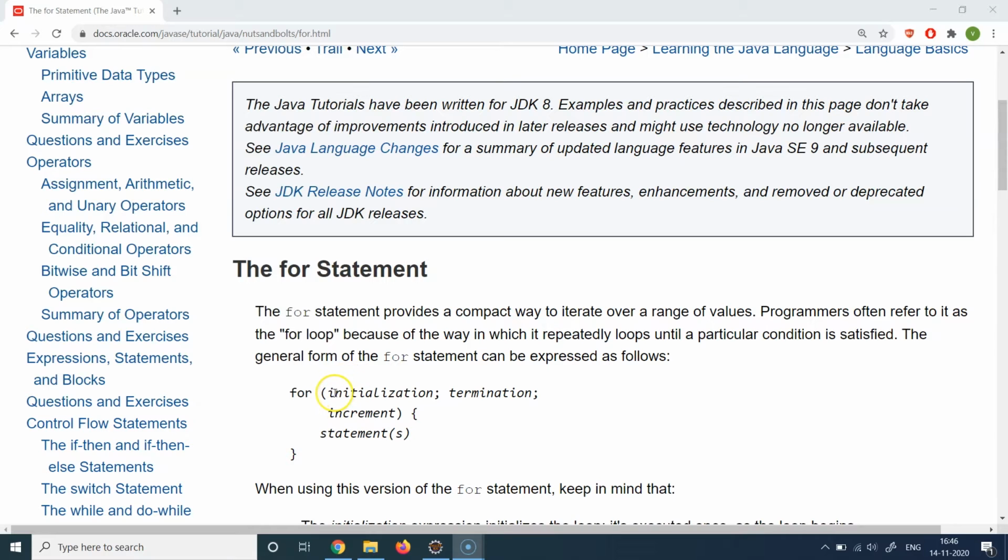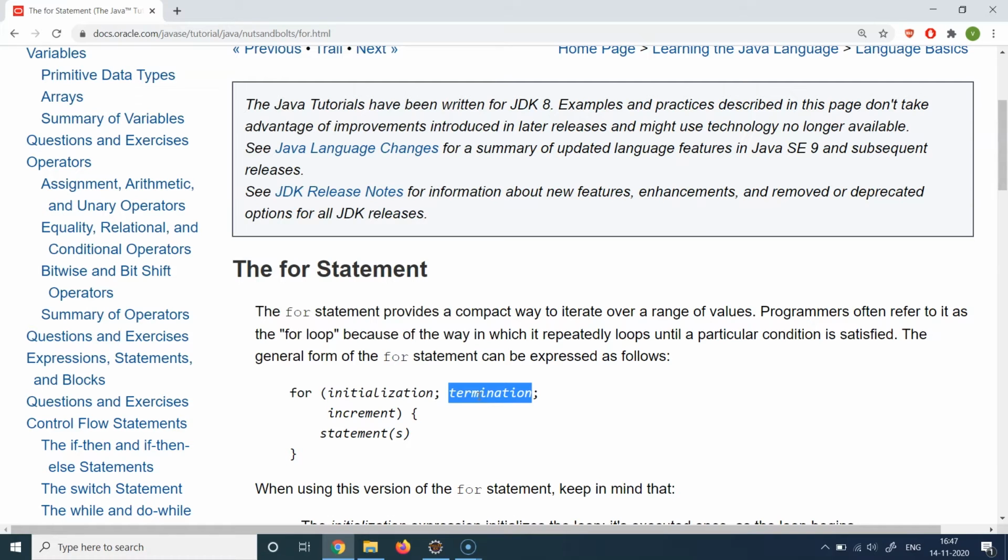If we see the syntax, we first see the term initialization, then we see the term termination, and then we see the term called increment. Now, if I compare it with a while loop, there also you basically did these three things. You first initialized a variable outside the while loop, which is called initialization, and then you wrote a condition, which is your termination condition, saying, let's say, while i is greater than 10 or while i is less than 10.